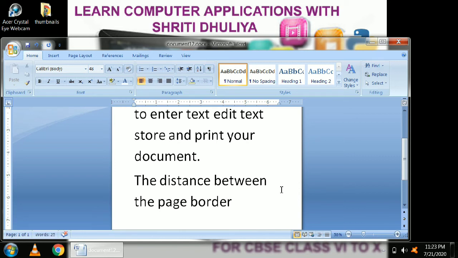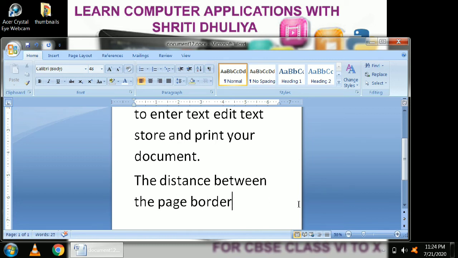Now you can see when the text reached to the end of the line, the cursor moves to the next line automatically without pressing the enter key. This feature of word processors is called word wrap feature.